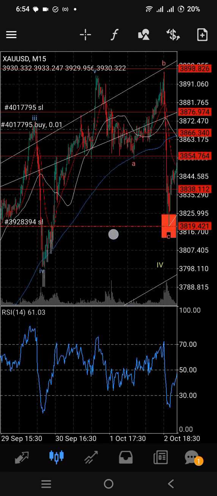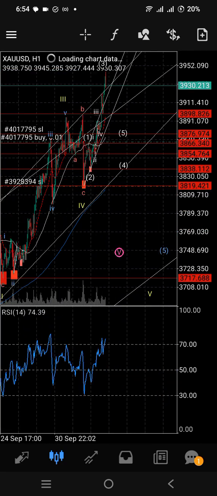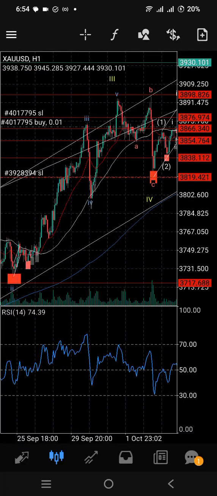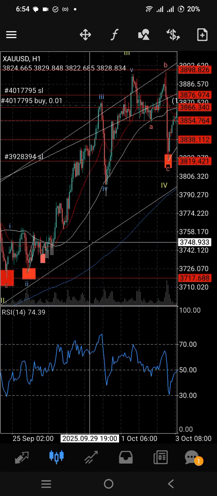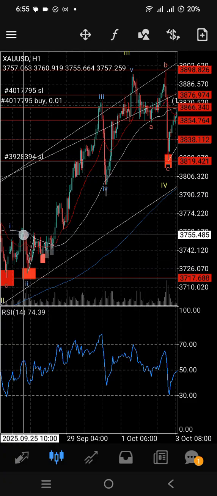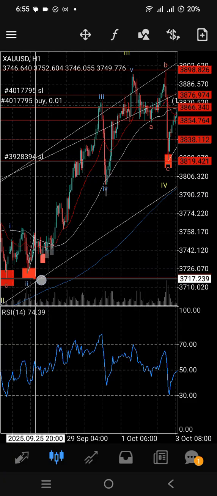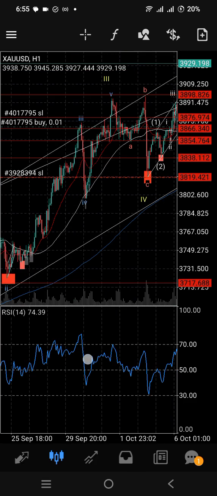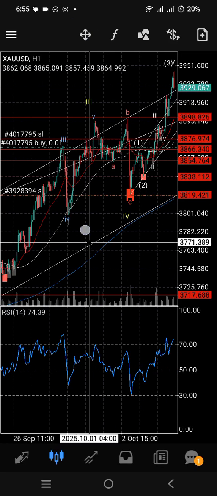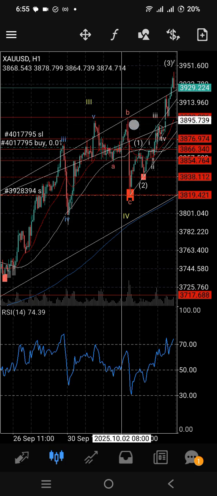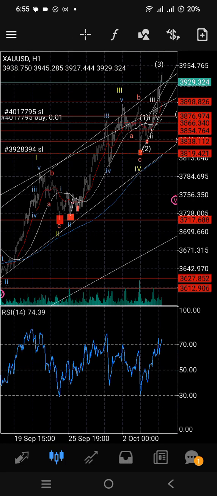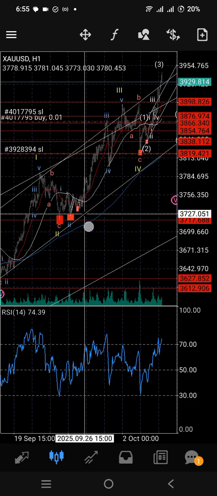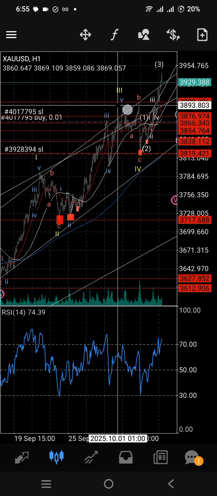Before I get there, I think I should even start with my count from this wave. The reason I was able to get this trade is because I was able to adjust my count after missing this trade to a 1, 2, and then I was looking for a 3, and then a 4, and then a 5. So after seeing this breakdown and a break above the highs, I looked for an alternation between waves 2 and waves 4.